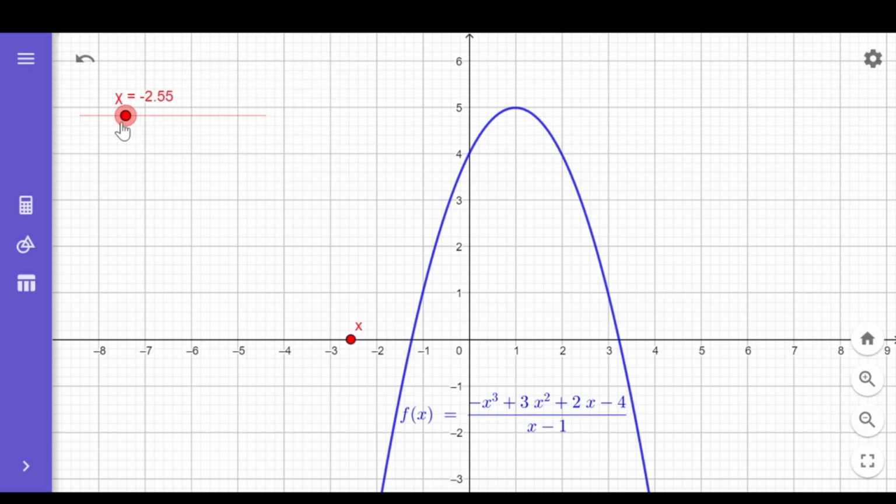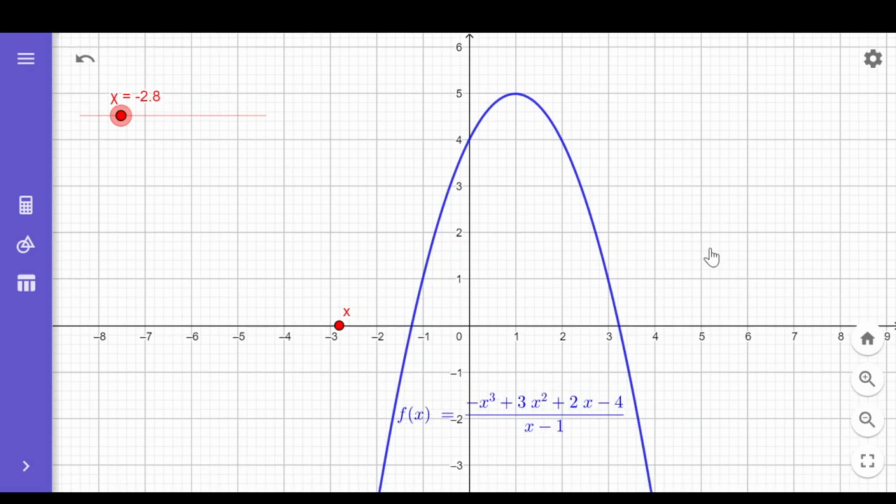Let's have some examples in x values that are negative. So, that is negative 2.8. The value is, hindi na natin makita kasi nasa baba na. So, tignan natin. Scroll natin. Basta nasa baba yan. Negative 2.3 kasi dito yung x value. Hindi na natin makita yung part ng graph.